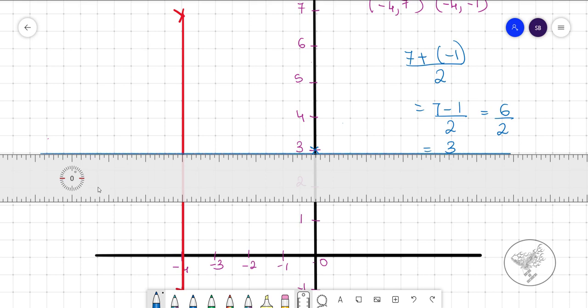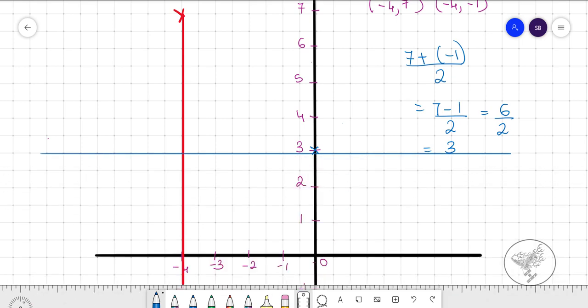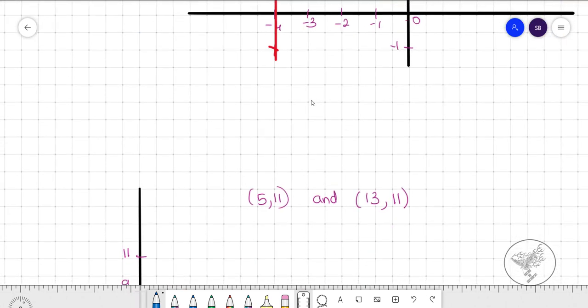So the perpendicular bisector is this. Y is equal to 3 is the perpendicular bisector for this line. There is no x coefficient here because this is a straight vertical line. It is a vertical line, and therefore the perpendicular bisector would be a horizontal line, which would have an equation with y is equal to a constant. Okay, and so this part length would be equal to this length.